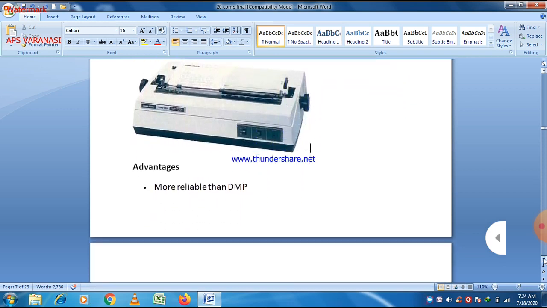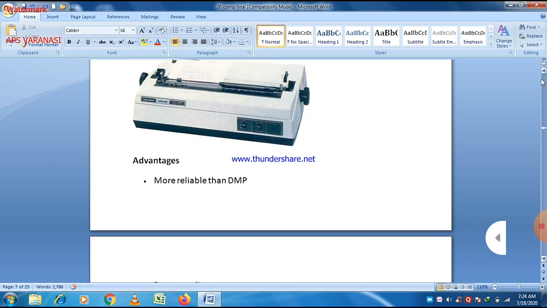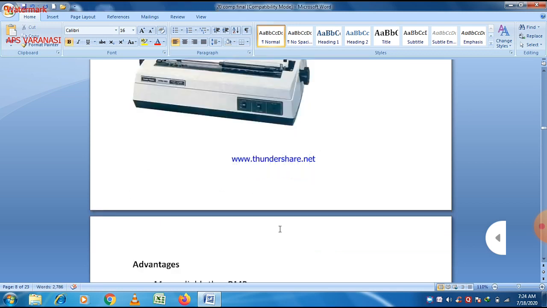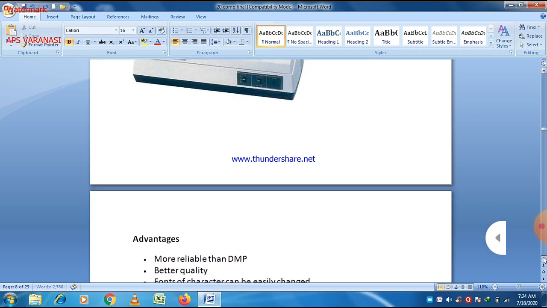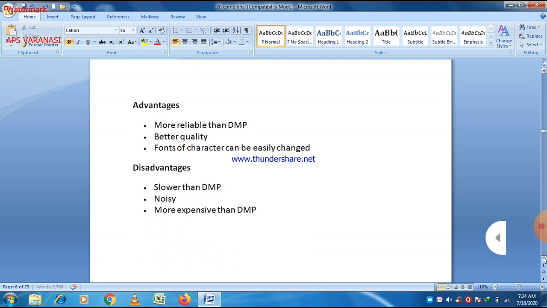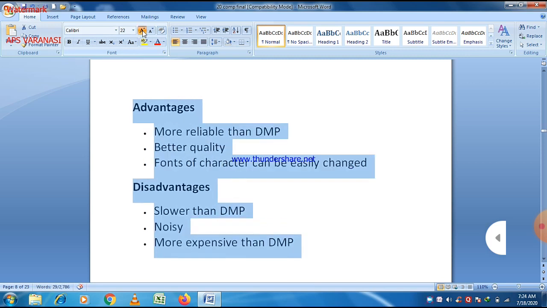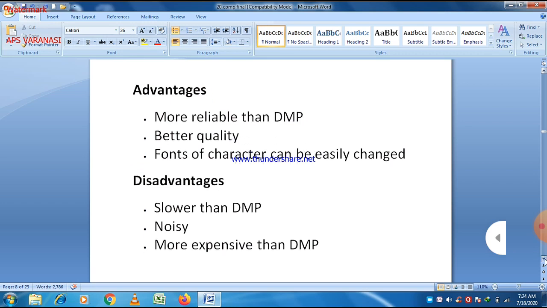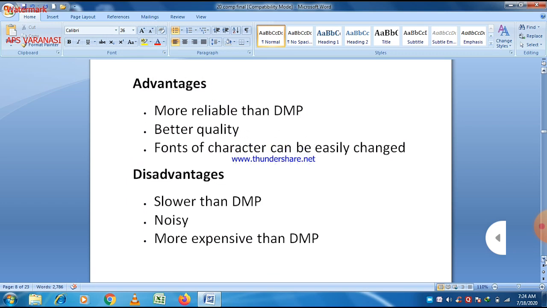Now, the advantages of the daisy wheel printer. First of all, they are more reliable than dot matrix printers. Picture quality is much higher than a dot matrix printer. Next, reliability is more as compared to dot matrix printers, and fonts of characters can easily be changed. This facility is not provided in dot matrix printers. So these are the three main advantages of